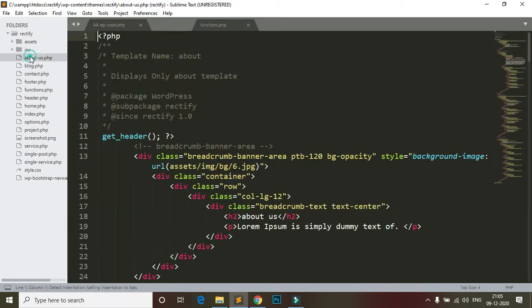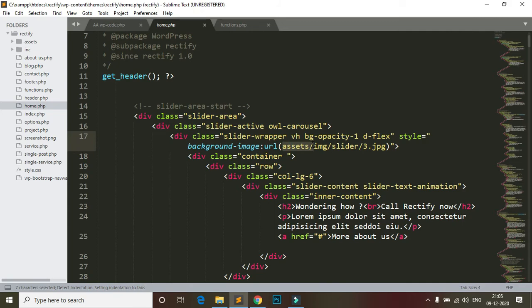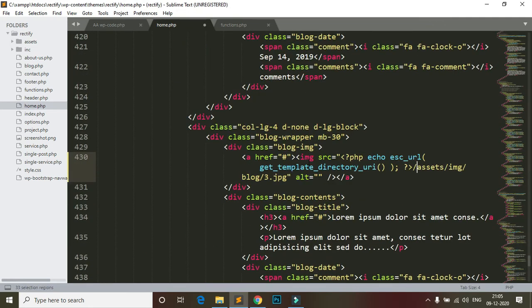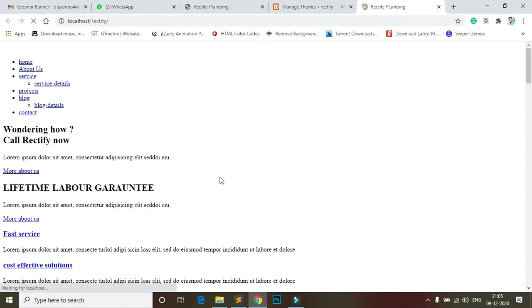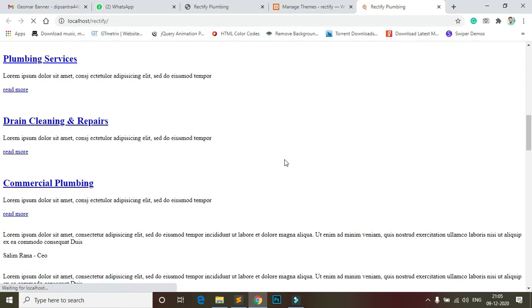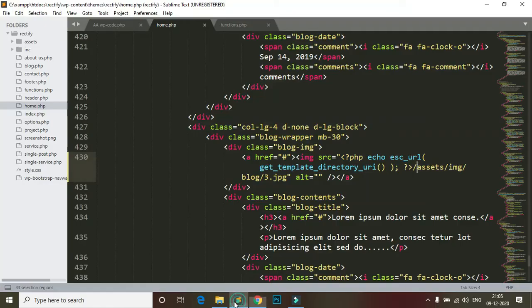Okay, so first I add from about, so add from home page. You can see here I have some images. So I select this assets folder, Ctrl D and paste. So all images are selected and linked. Now you can see if I refresh here, you can see now images all are visible. You can see this is the image, all are visible, and I need to add the CSS and JS.